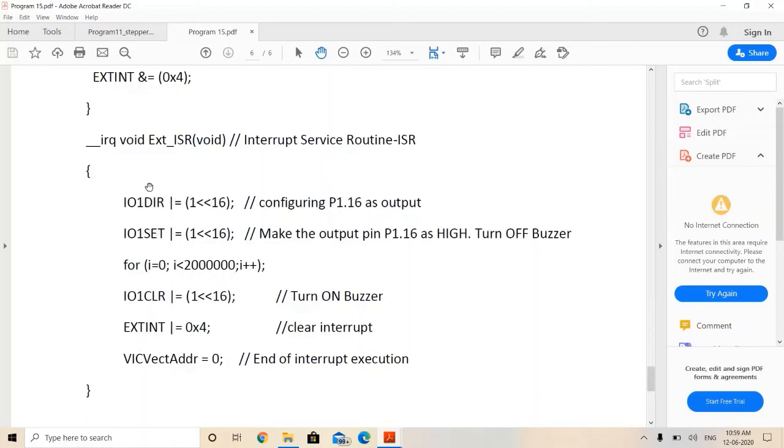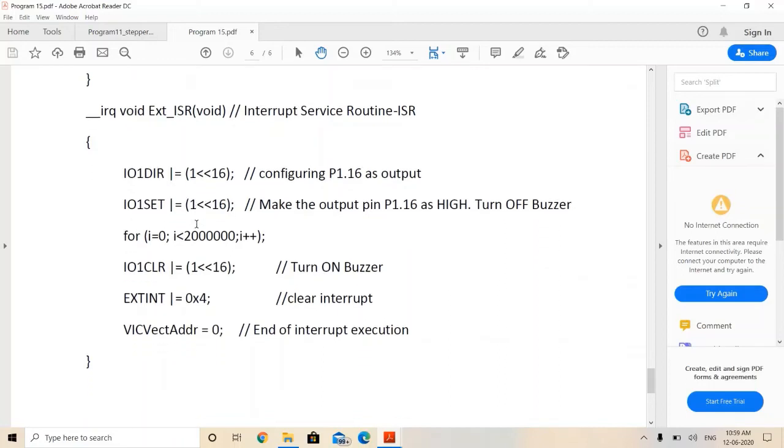This is going to be executed. Whenever you press that interrupt, the processor will be executing this code and it will make the LED toggle on or off. Here we are using port 1 pins. I already told you that 16 to 23 are connected to 8 LEDs. Here we are making use of only the 16th pin. So we are configuring that: the 16th pin is used as an output pin, so it will be set to 1.